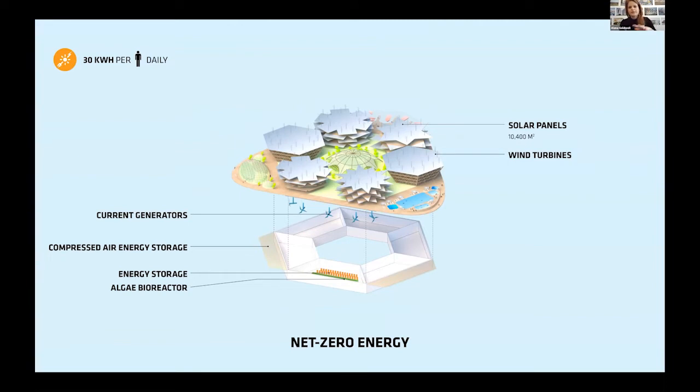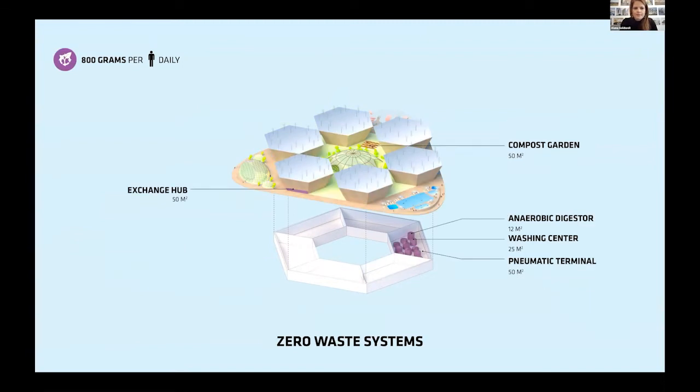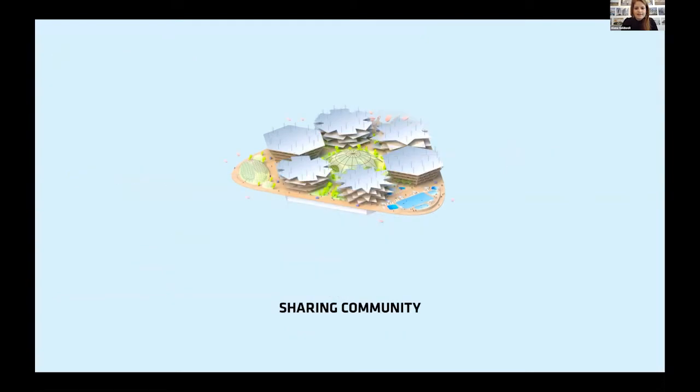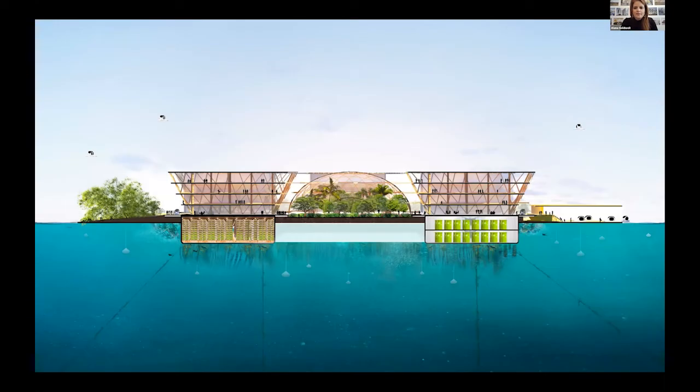So here you see the hull, which is the platform of the building. If we start to look at what's inside that hull for all of these systems to work, you would see energy storage. You would also see water storage. The public realm collects the water, and the water is brought down into these systems underneath. The zero waste systems are all about having these exchange hubs where people share materials and goods. And lastly, the food production is also, with LED farming, something that can happen under the site. Together, all of these different systems create this sharing community where you have a really lively platform full of nature